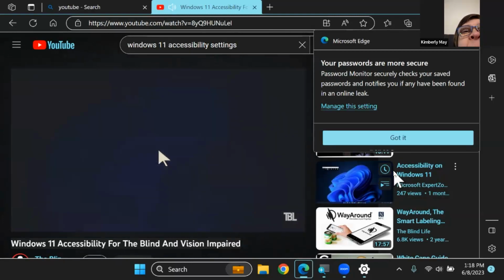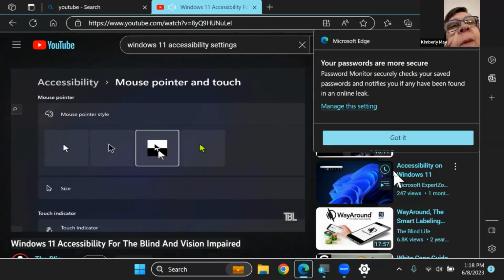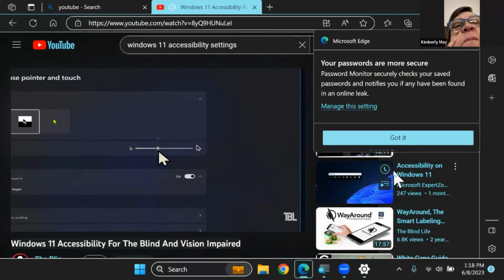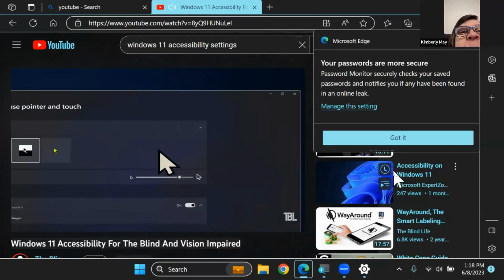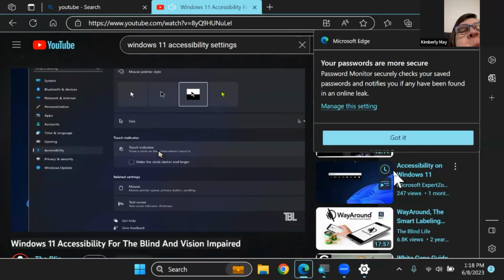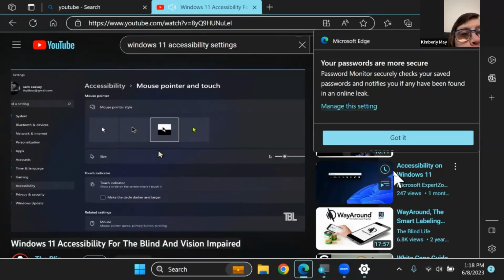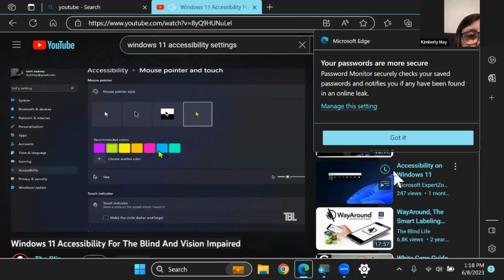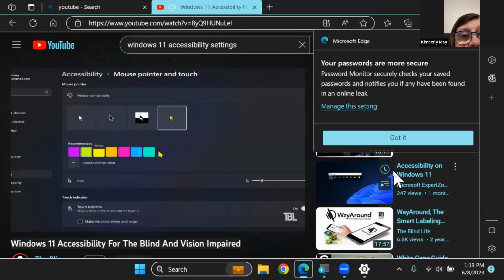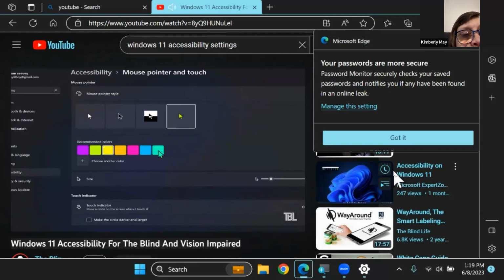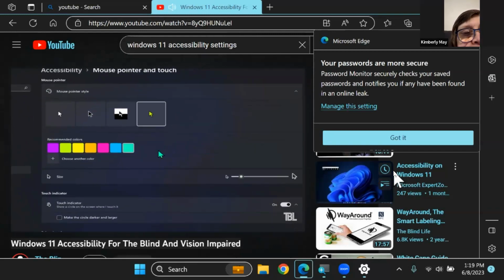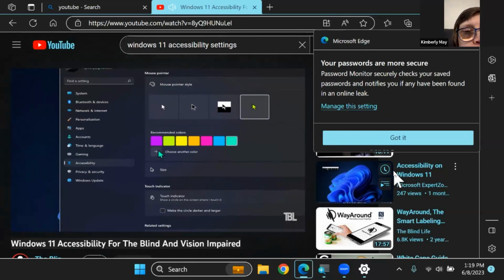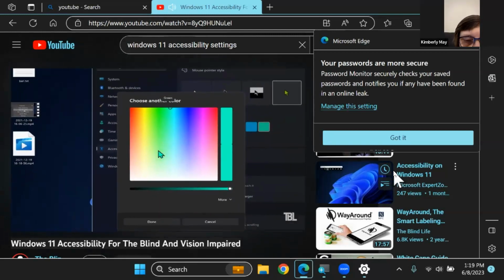All right, now we go to mouse pointers and touch. Just like before, we have our different mouse pointer options. We can increase the size of the mouse if we want to, and then you can choose to turn on a touch indicator if you want. And don't forget that you can choose a colored mouse. So if you want a bright yellow, you can do that, or whatever that is, green. I can't tell what that is. You can also add your own custom color by clicking the plus sign here, and you can choose whatever color